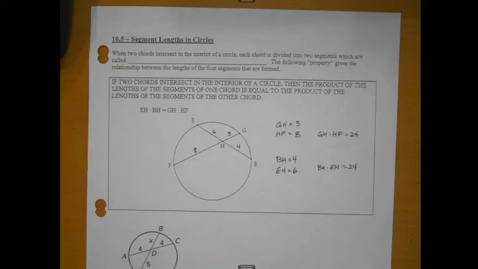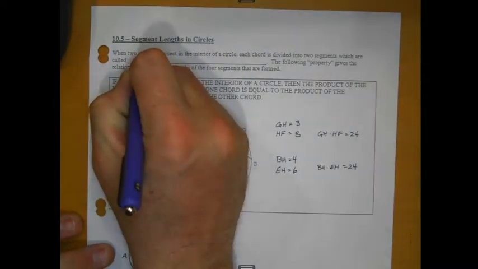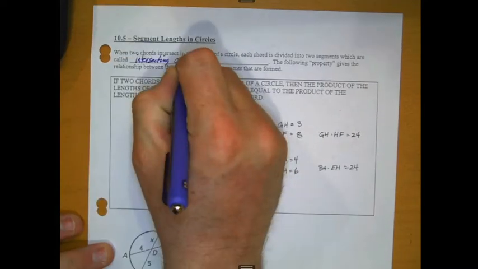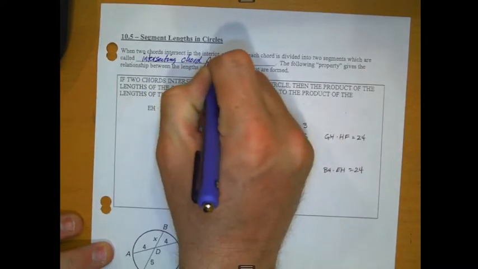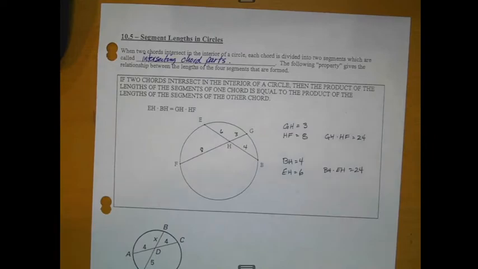So the first part, when two chords intersect in a circle, each chord is divided into two segments, which are called intersecting chord parts. The following property gives a relationship between the lengths of these four segments that are formed. So, if two chords intersect on the interior of a circle,